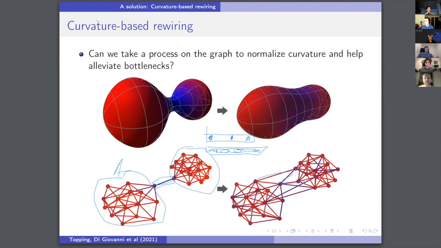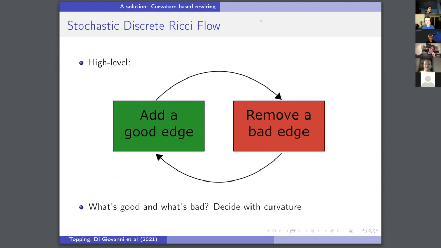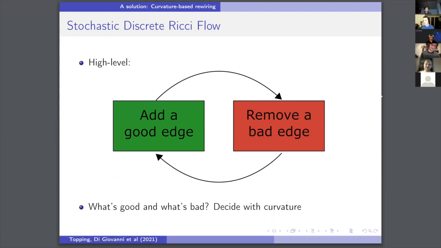All right, sweet. We've talked so much about the method. Let's go through it. The method that we propose as this initial curvature-based rewiring is stochastic discrete Ricci flow. I don't actually know how to get rid of Dominique's beautiful drawing, helpful though it was on the previous slide. Do you know, Dominique? They're gone now. Thank you so much. Sorry, I forgot to remove them. That is completely fine. It was very helpful on the previous slide.